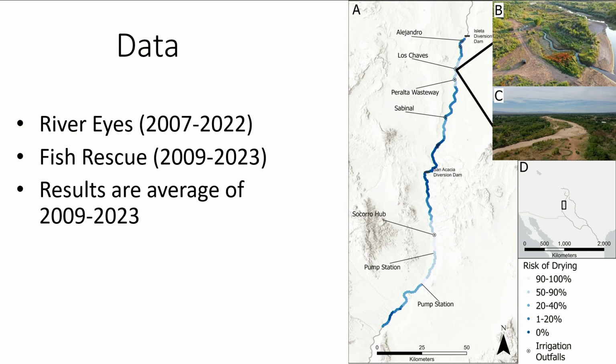On the map you can see this is not all of the places that water could be returned to the river. I just highlighted a few of them. You have the two diversion dams, Isleta and Santa Ana, and the dark blue areas have a lower risk of drying, and the light colored areas have a higher risk. That's already changed because the pump station at the south boundary is no longer there, so what you see on the downstream end is going to start creeping up towards a much higher risk of drying. It's going to dry every year now, so it's no longer in that low category, it's going to be in a high category of drying.